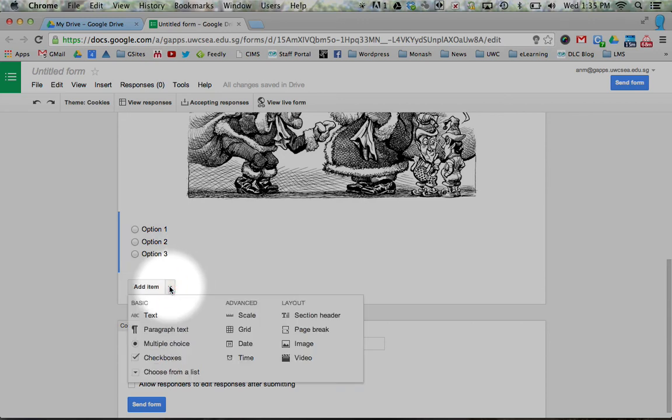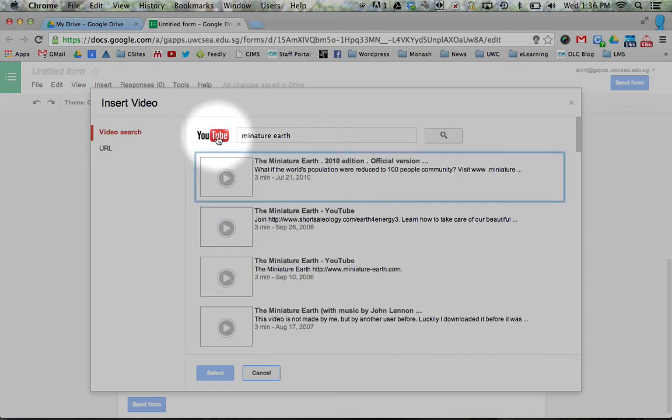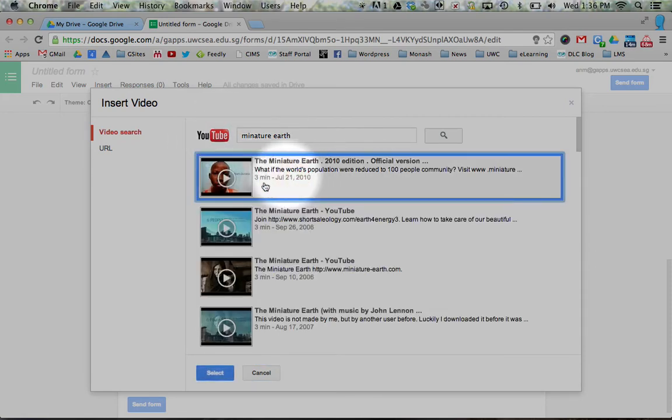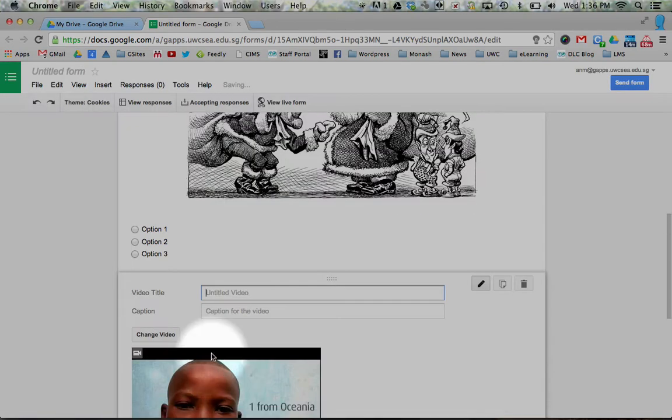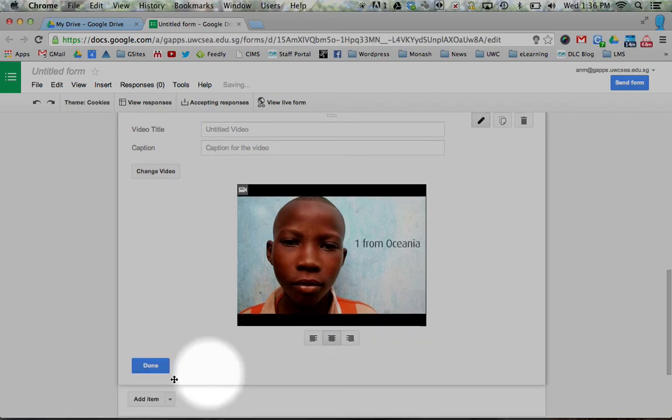Alternatively, if you click on the arrow here, you can also add a video to a form, which fits really nicely with this idea of reverse instruction or that flipped classroom where you want kids to recap on something perhaps that you covered in class. So you can just search directly here and this will take you through YouTube. It has to be a YouTube video to embed in a Google form, part of the Google empire. Click on select,